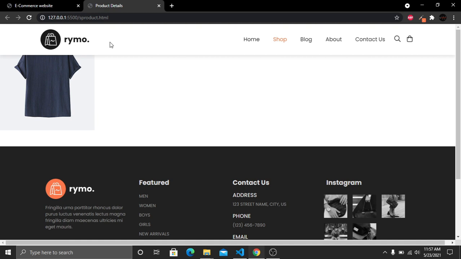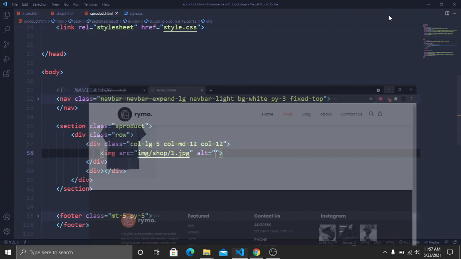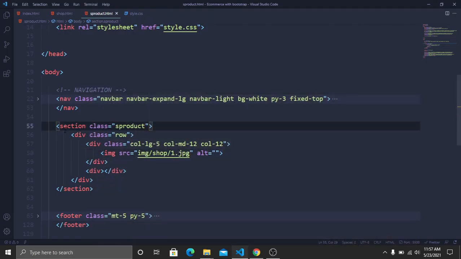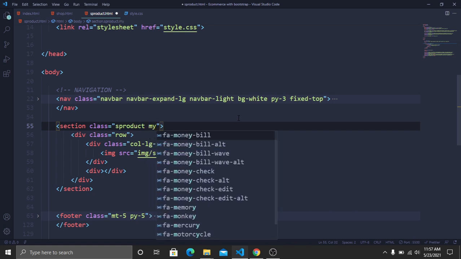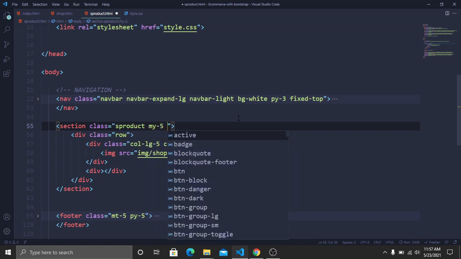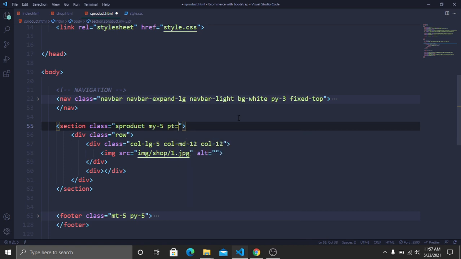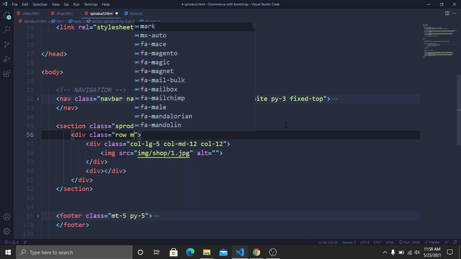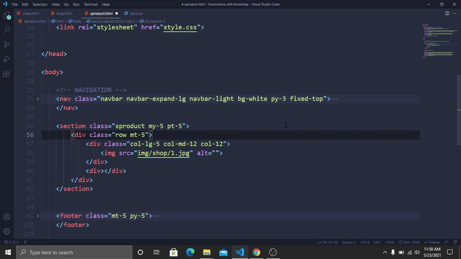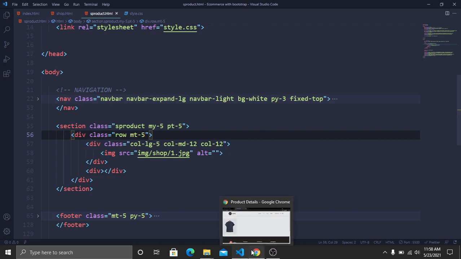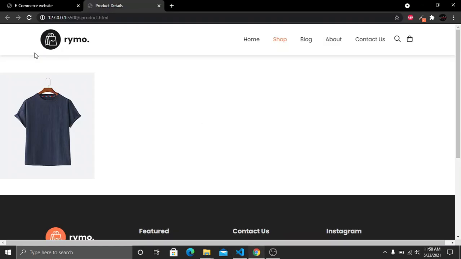Now I want to do one thing. I want to add some padding. I want to add some margin from top and bottom. So for doing this, let's go to our code here, and here in our section I will add some bootstrap classes, and it will be margin from top and bottom, it will be 5, and padding from top it will be 5. In our row class I will add margin top, and it will be 5. Now save and go to our website, and here you can see that now we have much space from top and bottom here,